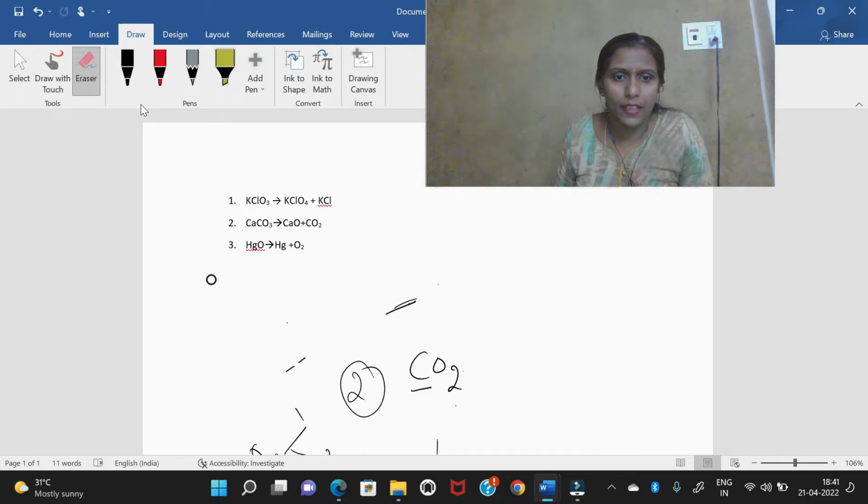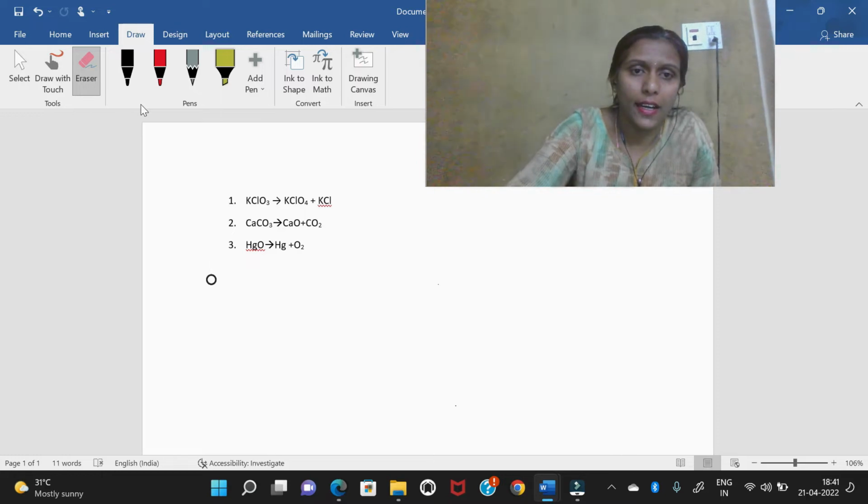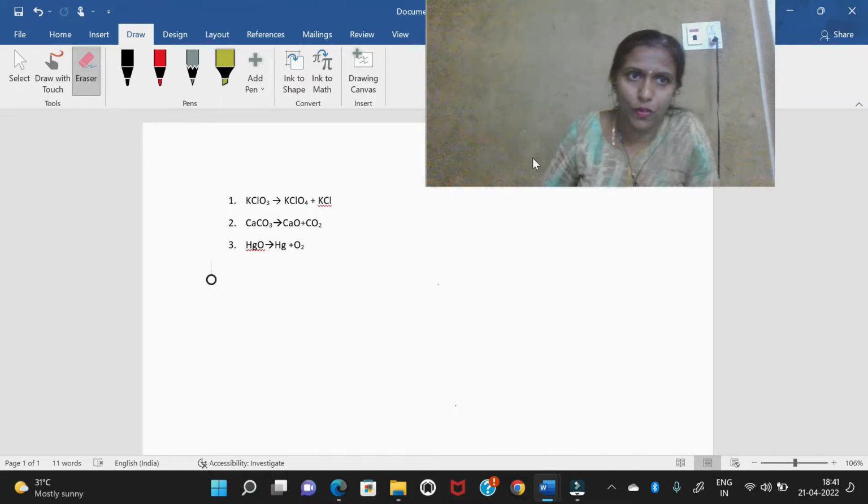Next, we will take the first equation, what I said there. Why did I take the first equation in the beginning? Because I felt it is maybe a little tough for you guys to understand. So that's why I thought, let me go for the third one and make you do the second one and third one and then make you understand. All right, now I'll go for